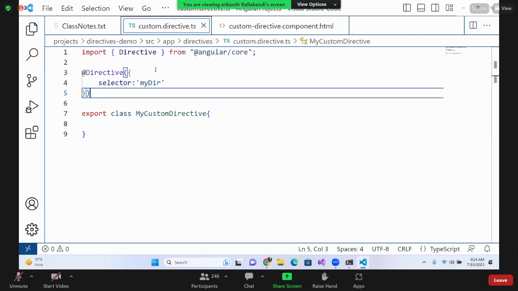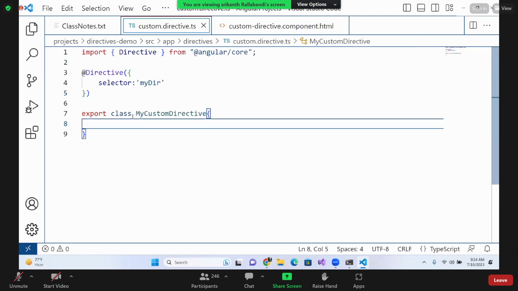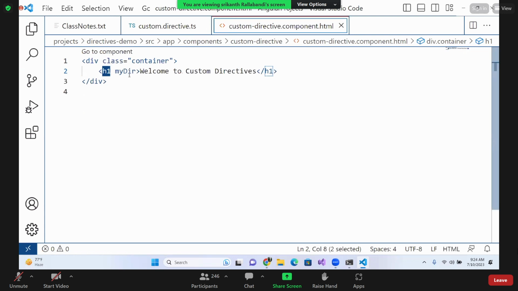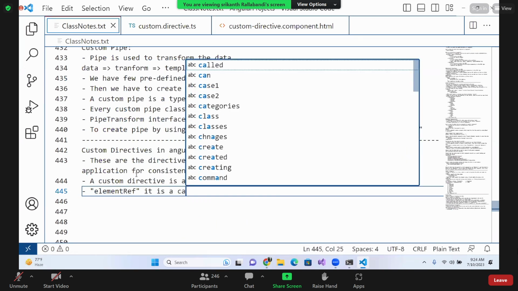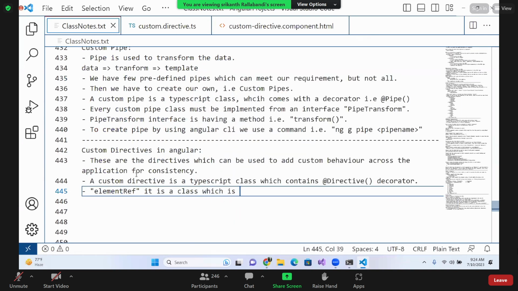Now, how do we get that particular H1 tag? That means wherever I have applied this directive, we need to get that particular element. To do that, we use a class that is available, called ElementRef. What is it going to be? It is a class which is used to get the reference of the HTML element